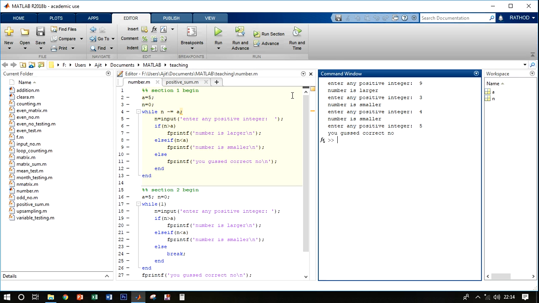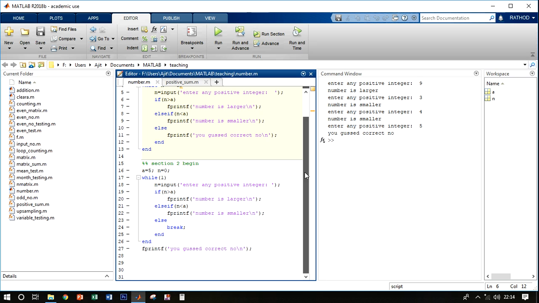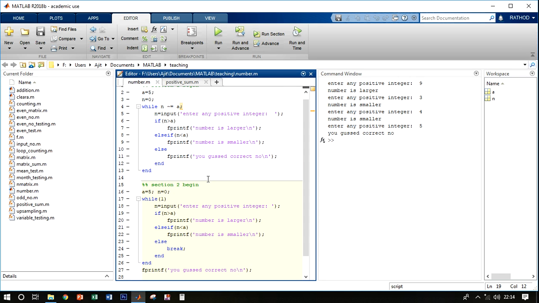So this is how the while loop works. Now let's come to the down part of the section. This program will do the same thing which is done by the upper program, but the new part is the condition I gave to the while loop. Here I put the while loop in an infinite condition by giving a value 1. If you want to run your while loop infinite times, you can just do it by entering a 1